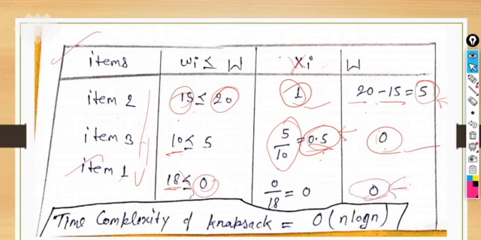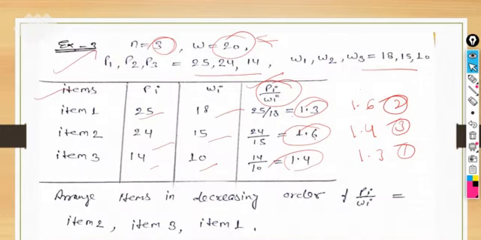It was all about the knapsack problem, the way in which you can select the items in order to insert them into the knapsack, or you can say bag. Now what about the time complexity of the knapsack? The first thing you do, as you can see with the example, is the constant evaluation, dividing to find the per unit profit. This takes constant time.